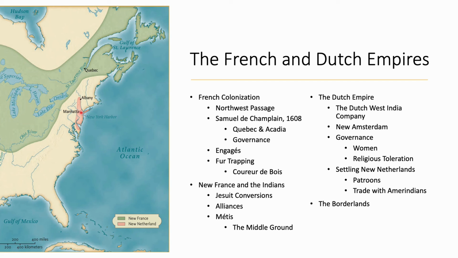In addition, the Dutch are much more religiously tolerant. The Spanish, as we have seen already, aren't really fans of religious toleration. The French, while they're not as zealous as the Spanish are, still nonetheless don't really care for Protestants. And we'll talk about the whole concept of Catholics and Protestants in the next couple of slides. But nonetheless, with the Dutch you do begin to see this kind of hodgepodge of different religious Christian sects: Presbyterians, Calvinists, Lutherans, et cetera. So you do have much more religious toleration than in other parts of North America.